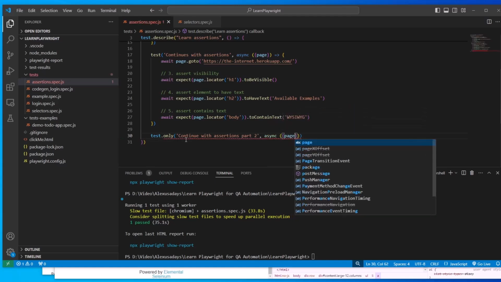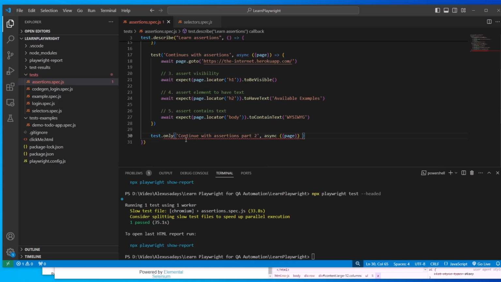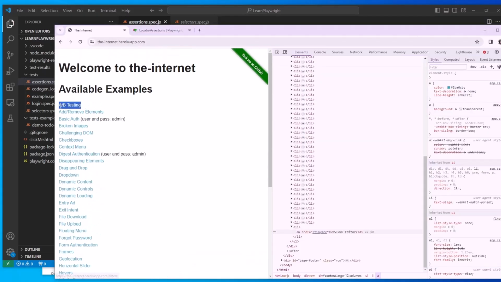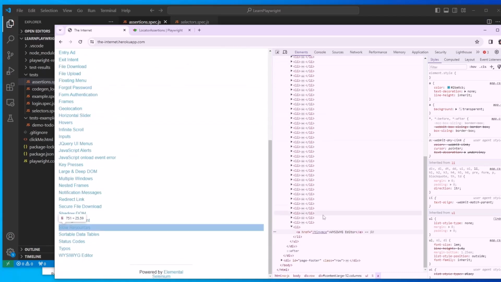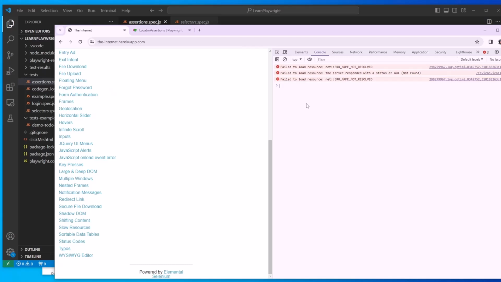async page, and then an arrow function here. That's our body. Next, what we're going to do is an assertion of a count. So this page has multiple links available right here within the page. If I go into the console, I can go and see how many links are available here. So I can say